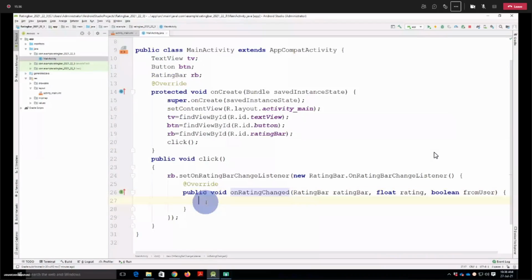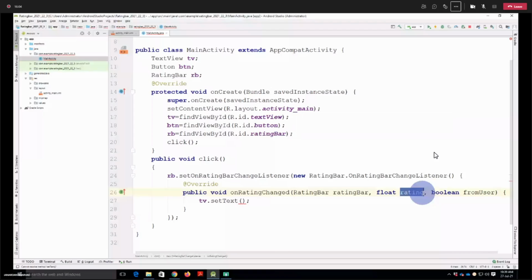Now what we want is for the text view, its text property, or we will use setText, meaning we change the text. So how can we do that? TV.setText. And one more thing, here you are seeing some parameters. One of the parameters that I want to tell you about is rating.